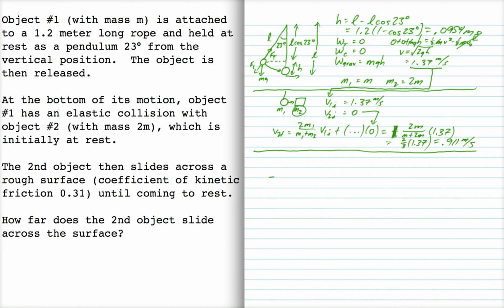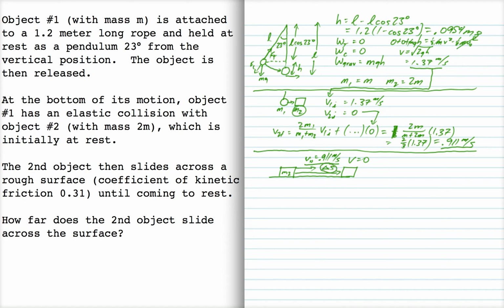So we've got this mass m2, which has some initial velocity v0, and it slides some distance delta s across the surface before coming to rest. So the final velocity is 0, the initial velocity is 0.911. Again, the final velocity for part 2 is the initial velocity for part 3. To figure out delta s, which is ultimately what we're looking for,